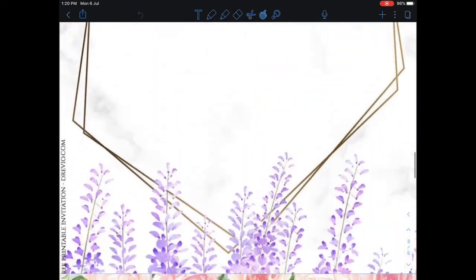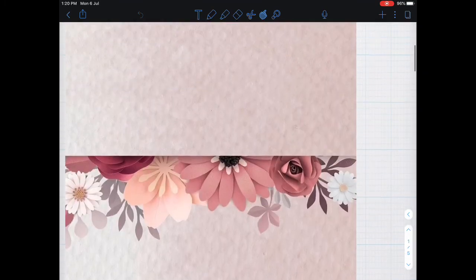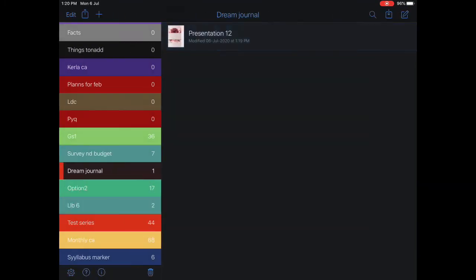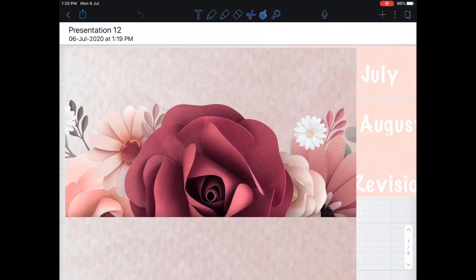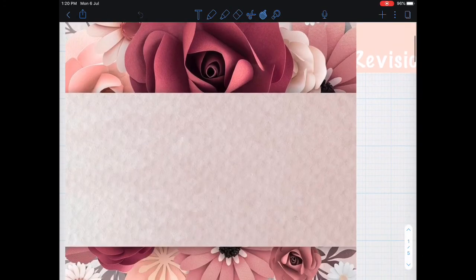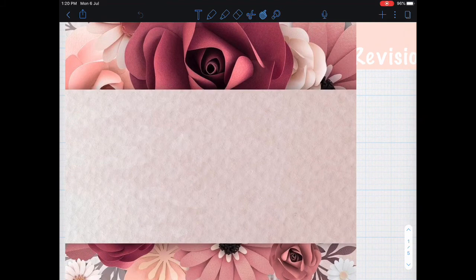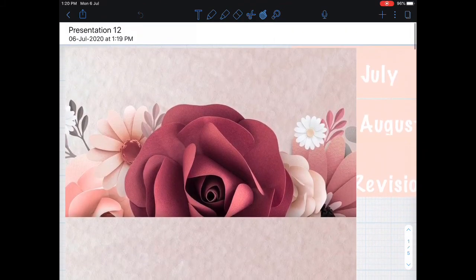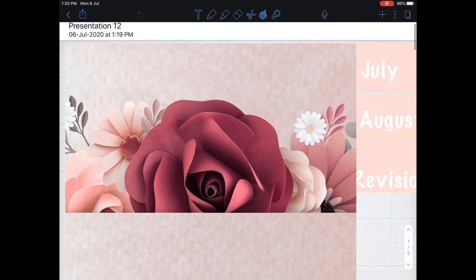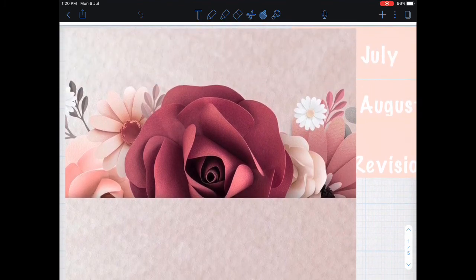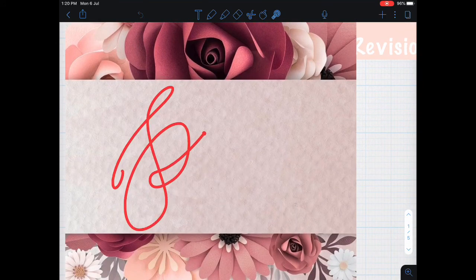So you can make your own digital planners. One digital planner costs like 3,000 for yearly and all. So you can make your own digital planner at home without any cost using this presentation app. This same thing applies to PowerPoint also. You just have to make a front page. You have to just make this kind of shapes for making bookmarks, and like that you can actually make a dream journal. So this will be my dream journal.